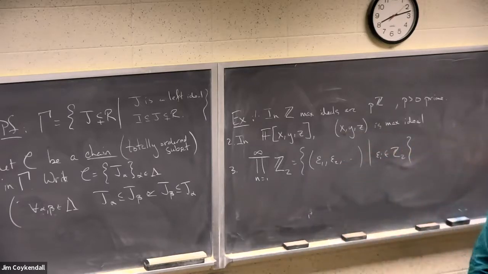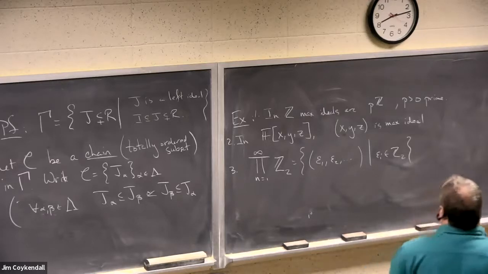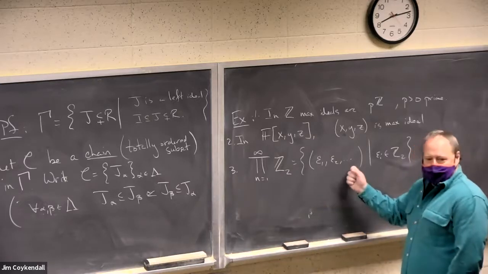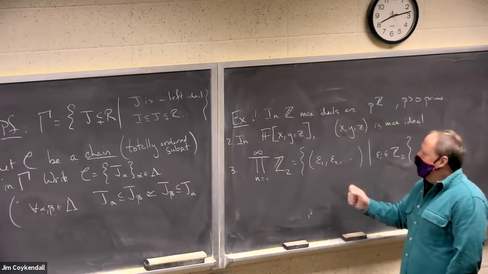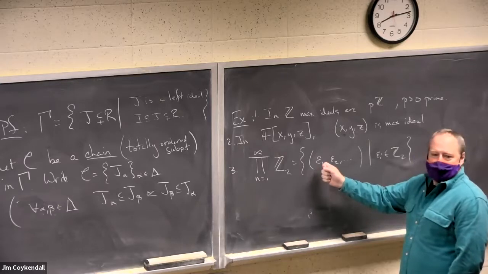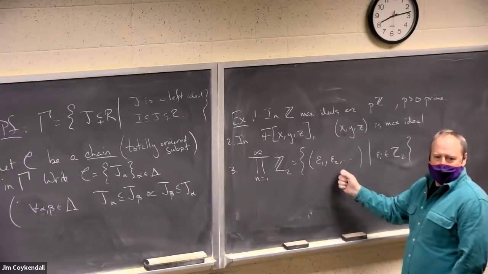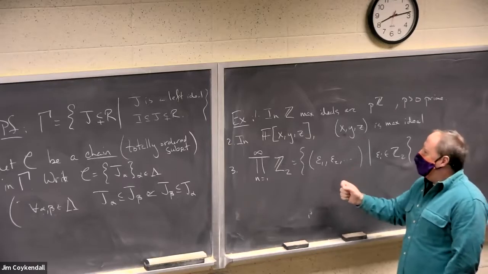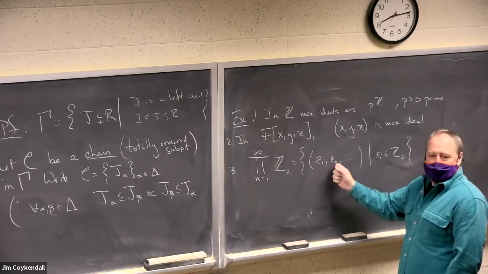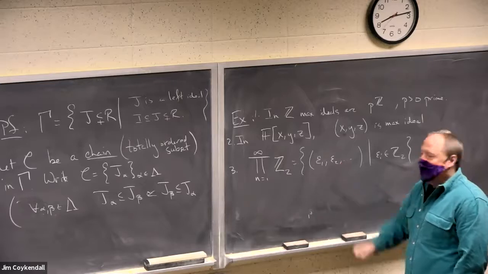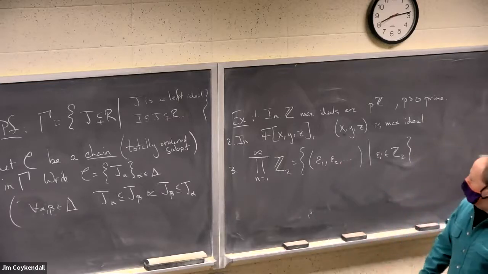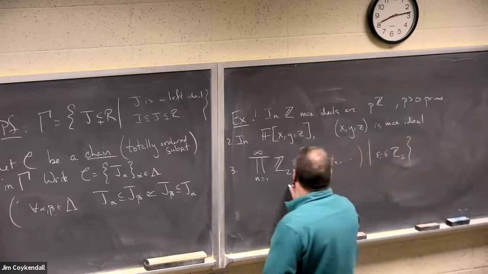Think of this as infinite vectors, all with entries 0 and 1. I've got complete freedom. This example really shows, and I won't ruin your fun because you should work through the homework and see this. I can list some maximal ideals here. For example, the ideal that consists of all vectors that have 0 in the first coordinate is a maximal ideal. Or the ideal that consists of all zeros in the second coordinate is a maximal ideal, et cetera. However, if you look at the ideal,